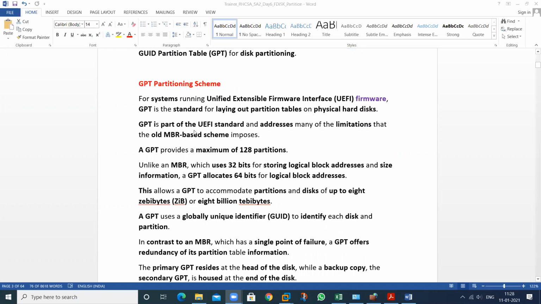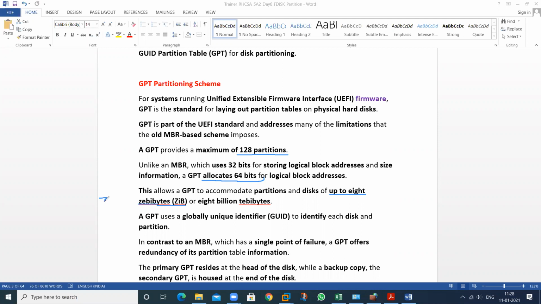In this UEFI, how many partitions can you create? You can create 128 partitions. It supports 64-bit architecture and it supports up to 8 zettabytes, ZB.